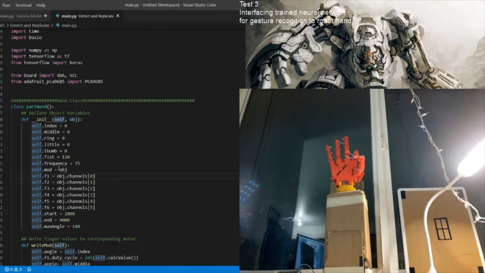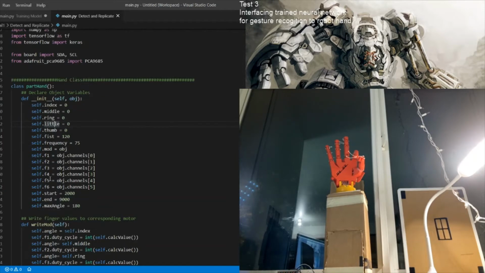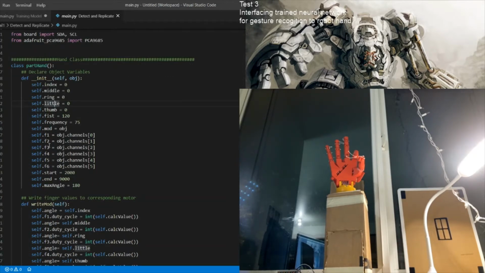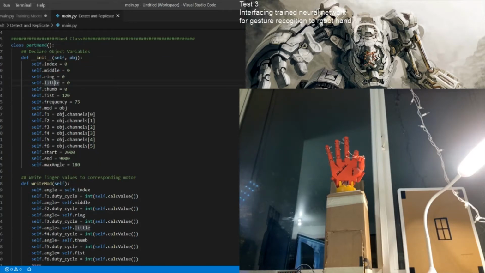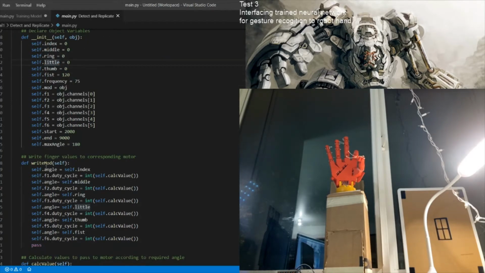Why this is separate is because these finger names will have values from 0 to 180, but these values cannot directly be passed to the motors or the PCA module to control the motors. It requires a little bit of calculation before we pass it. So after the calculation is done, we'll pass these values to these variables. This class contains this write mode method.